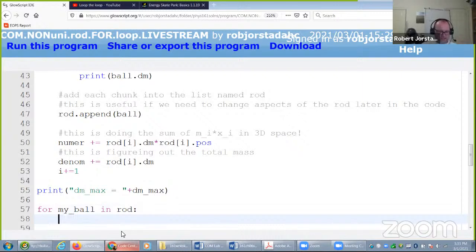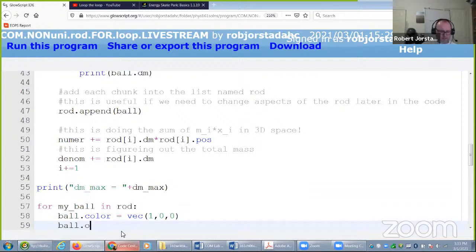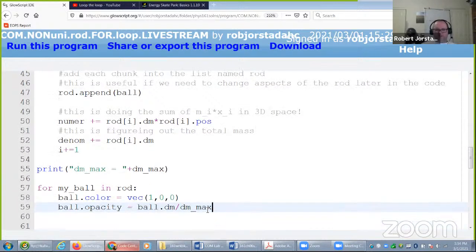And what I could do is change the ball's color to a vector 1, 0, 0. That'll be red. And let's change the ball opacity to be proportional to its mass divided by the max. So the idea is, let me scoot down a little bit so you can see that there, if the ball's mass is small compared to dm max, it should be nearly invisible. And when we run this,